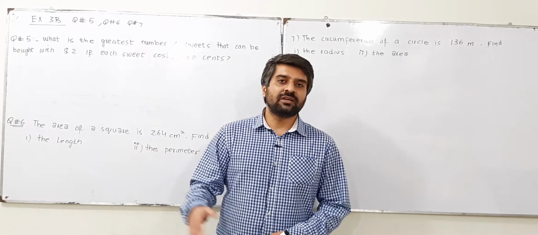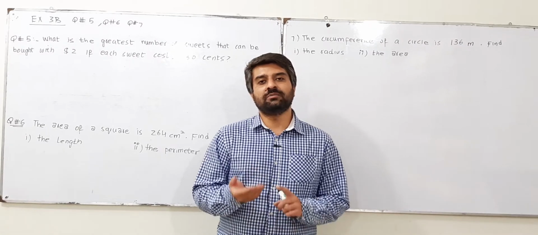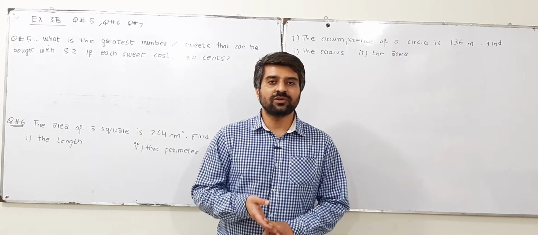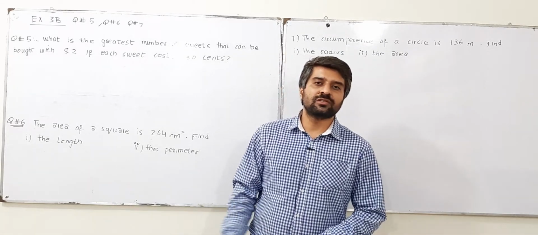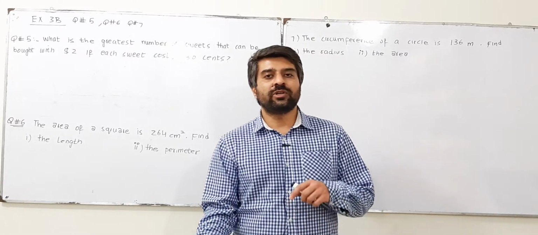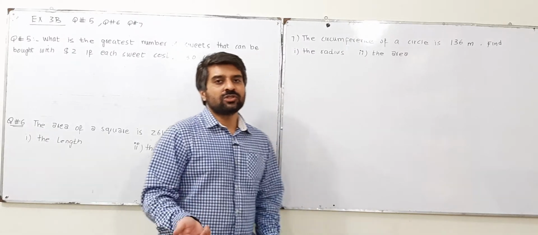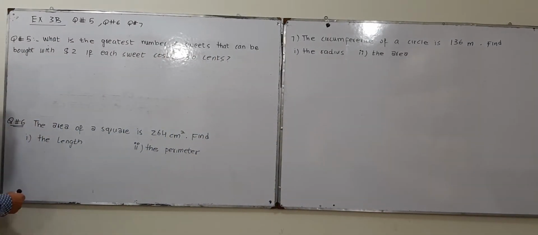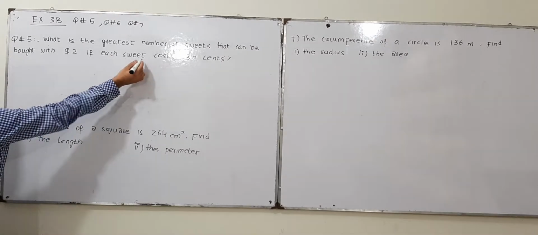Question number 5, 6, 7, it is related to perimeter of square. It's related to circle, circumference of circle, area of circle, and one question is related to dollar and conversion of dollar into cents. So question number 5 says that you have to buy sweets, and each